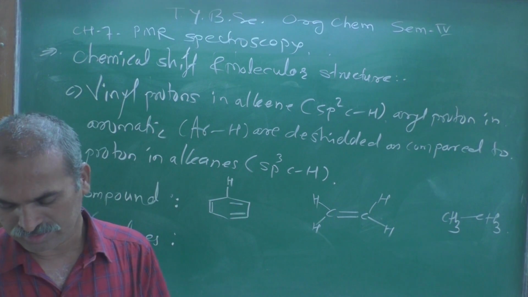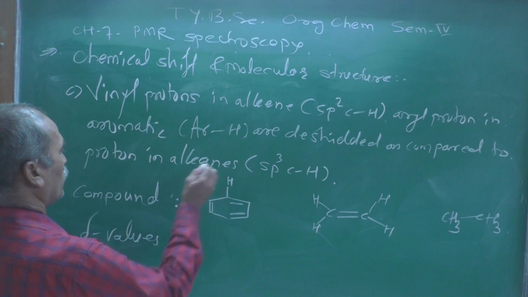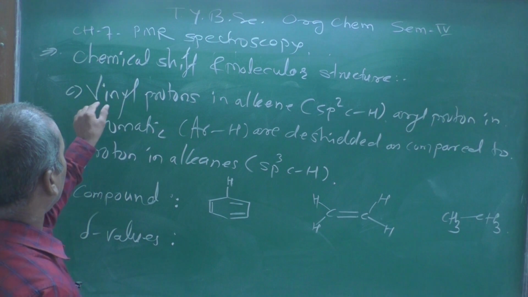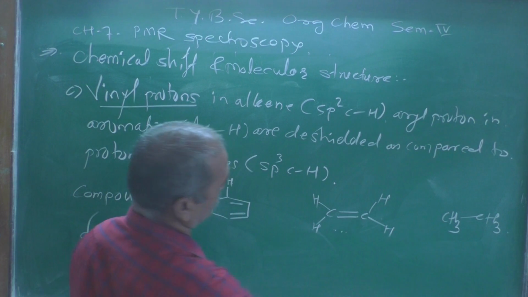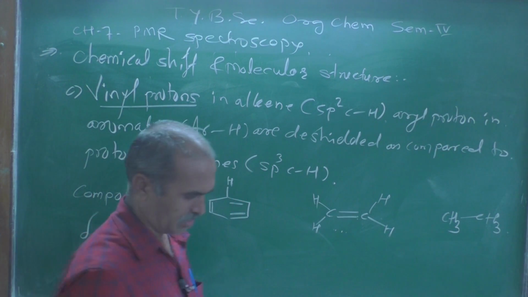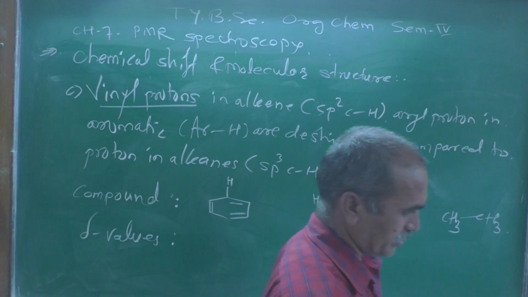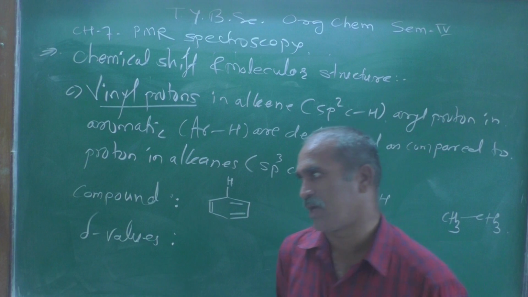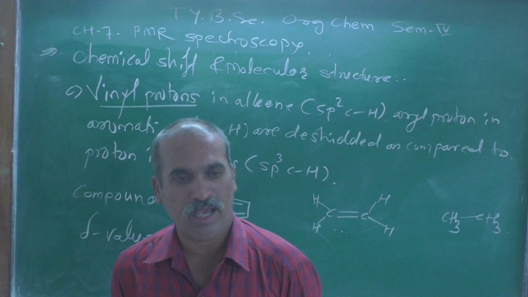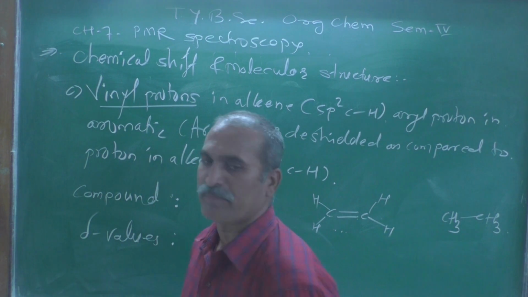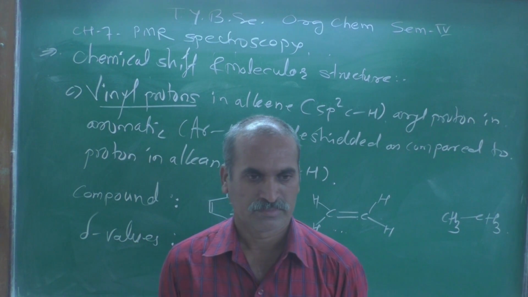This is benzene. Now the chemical shift value for aromatic proton, that is a vinyl proton. Vinyl protons means which proton? This proton, because a carbon-carbon double bond is there, and the double bond has sp2 hybridization, by combining the s orbital and the p orbital, where various combinations are observed.